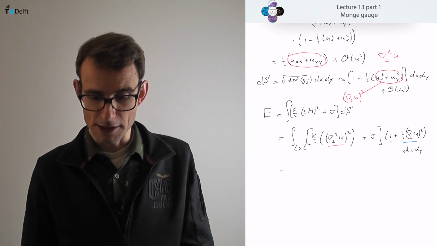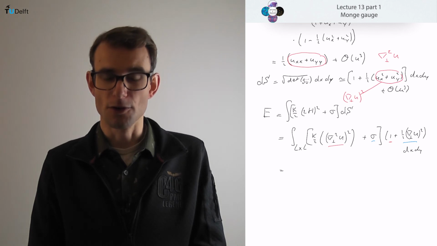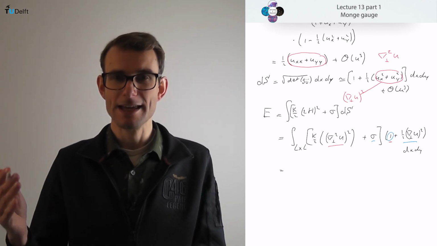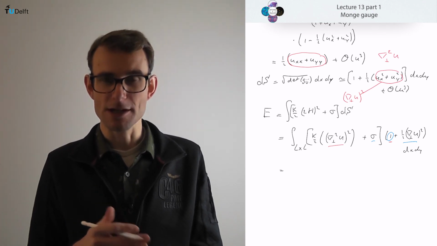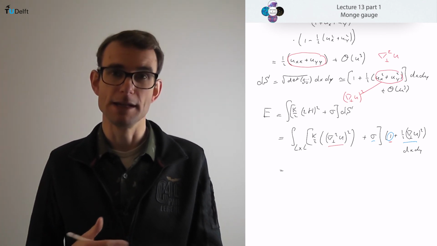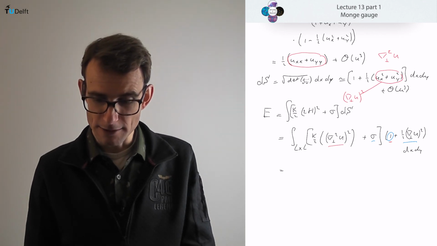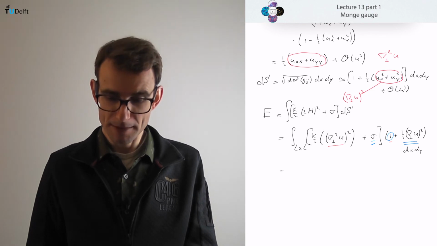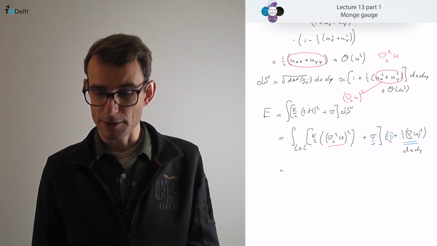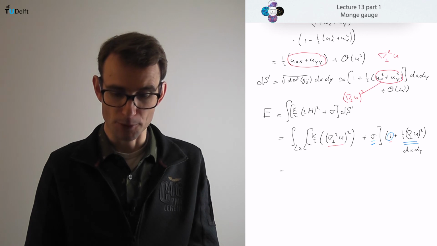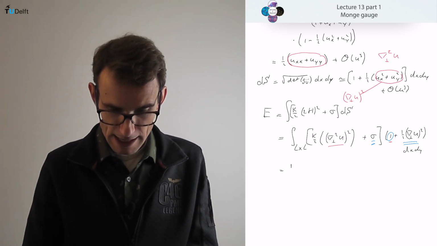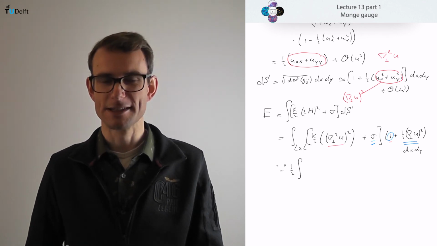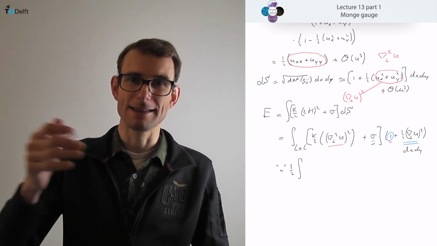For the surface tension term, this one is, of course, a constant. If we combine it with the 1, then we're simply adding a constant to the energy. Constants in the energy don't matter, so we can leave that one out. And so the relevant term will be the combination of the surface tension with this second term. Now we note that we have a half for the kappa, we also get a half for the sigma, so we can pull the half out. And so what we get is a half times the integral. So this equals, leaving out the constant term and the higher order term,